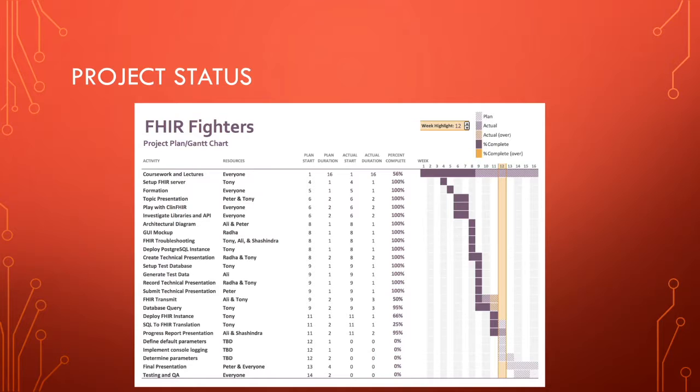We started off on this project by experimenting with CleanFHIR and investigating libraries and FHIR APIs, as well as setting up a development environment that includes setting up GitHub access, installing a Python IDE, installing the Psycopg2 library, and the FHIR client. In addition, we also deployed an instance of a PostgreSQL server and set up a test database, which was populated with the synthetic data that we have generated.